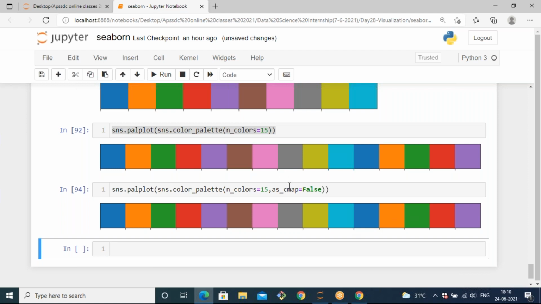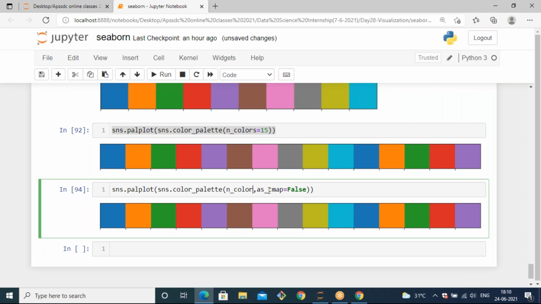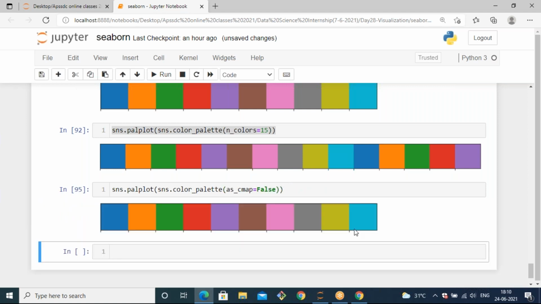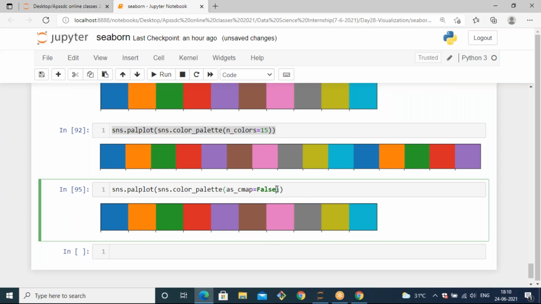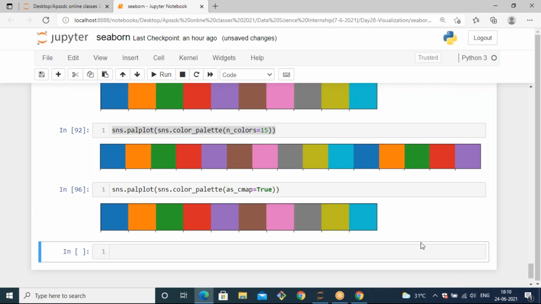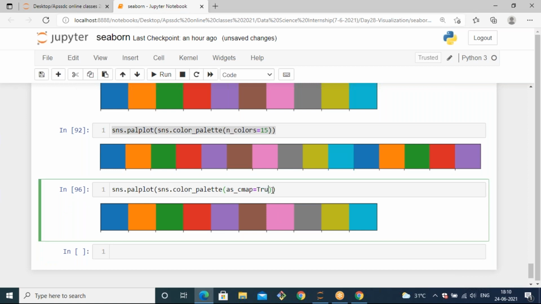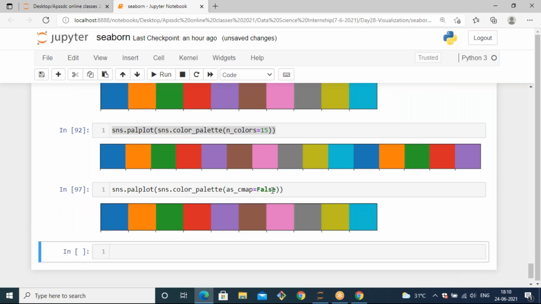We can mostly use this as_cmap. If I don't mention the colors, let's observe. It will again generate 10 default colors. If I make it true, you can observe a little bit of difference. When you use false, it generates colors; the colors are the same, but the intensity of the colors differs.